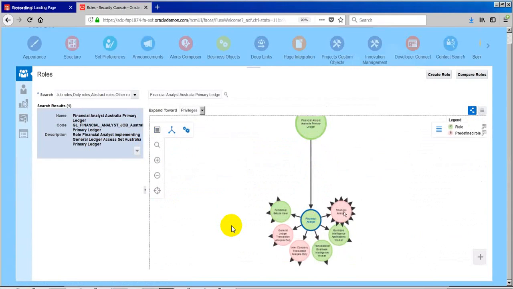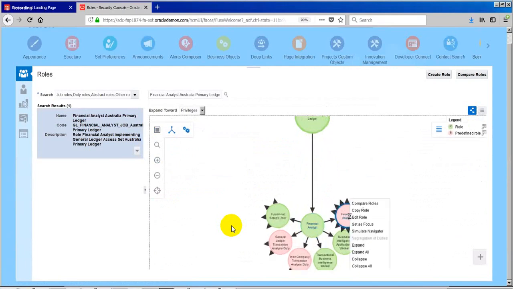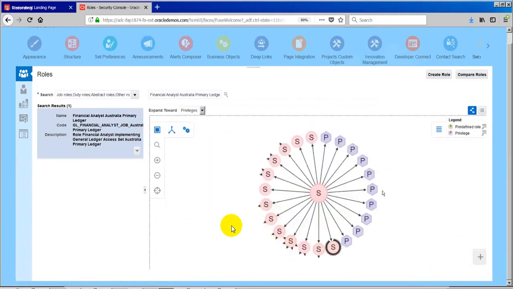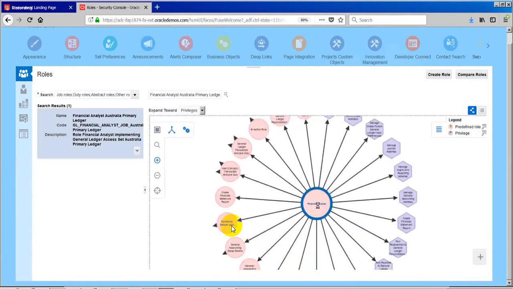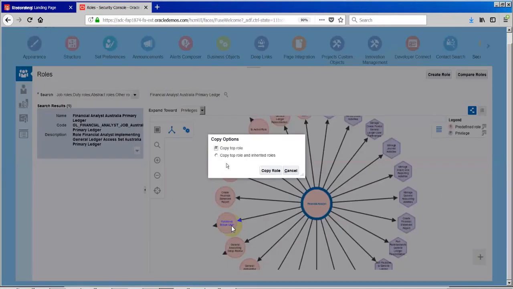If I know the name of it, ORA underscore GL underscore financial analyst job, I can directly go and search it and modify it. As I don't know the name, I am coming here and now I am setting it as a focus. It means I am going to see only this seeded role now, and with that I am taking it and I am going to copy role. Now I am going to copy the top role because that is good enough for me.